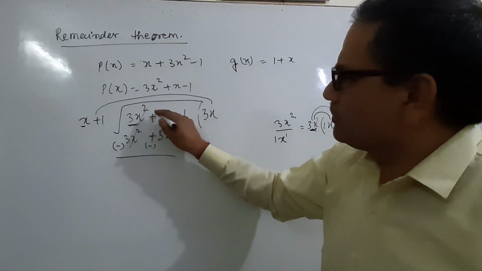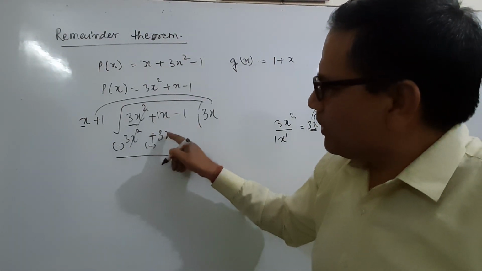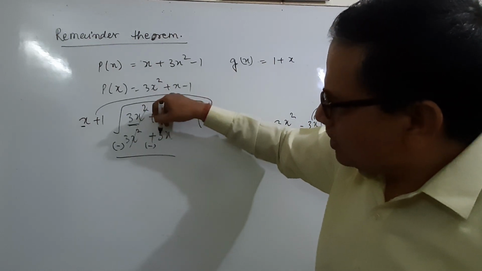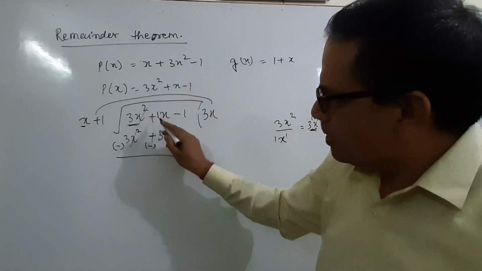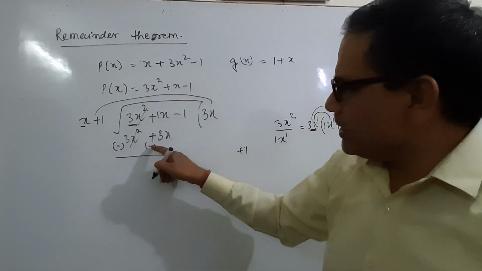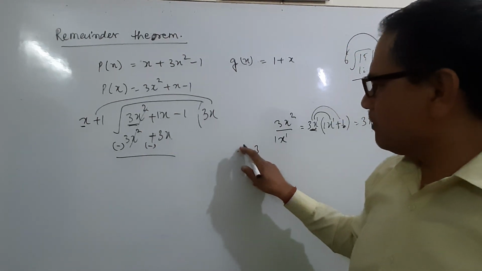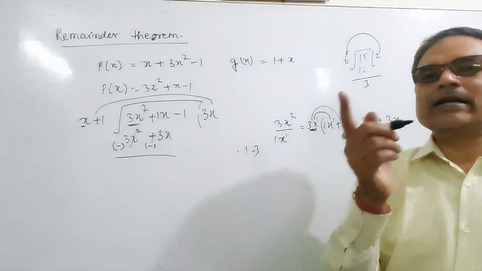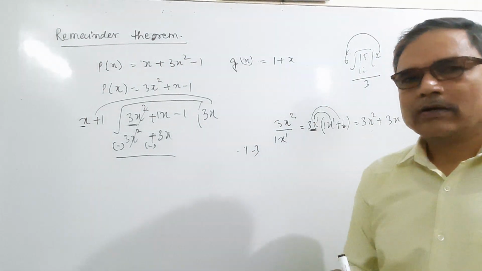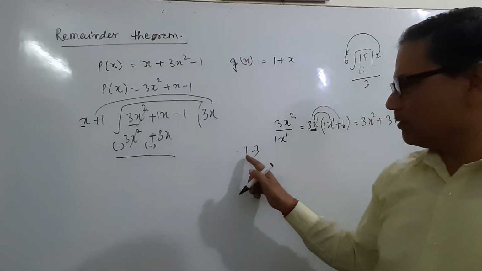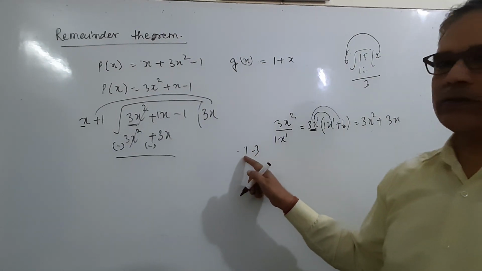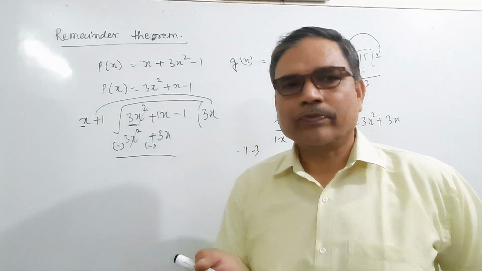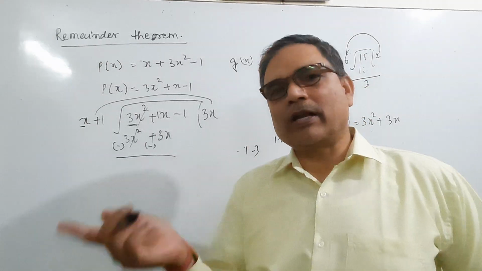Here is 1x. The variable is the same. Here is plus 1 and here is minus 3; after the sign change, it is minus 3. Plus 1 minus 3. Plus minus minus. 1 minus 3 will be minus 3, because 1 is plus and 3 is minus, so we have to subtract. If the two numbers are of different signs, then we have to subtract the smaller from the larger.